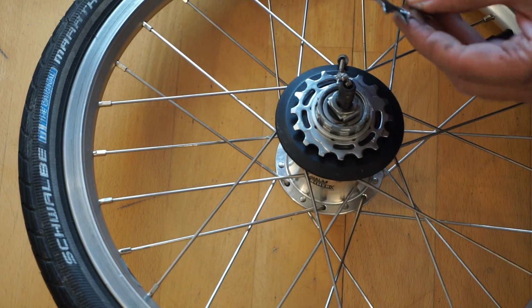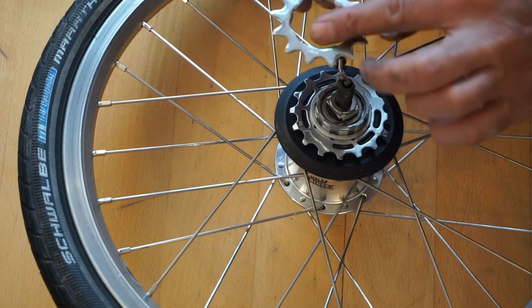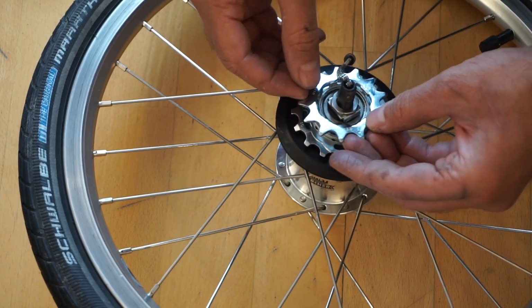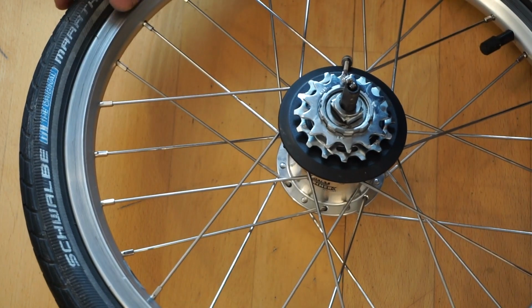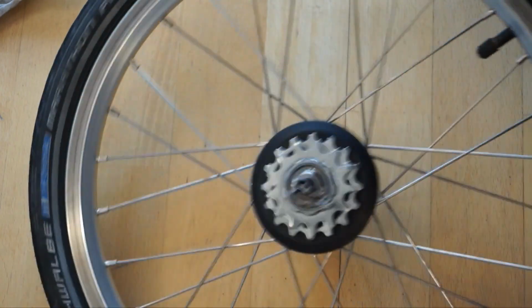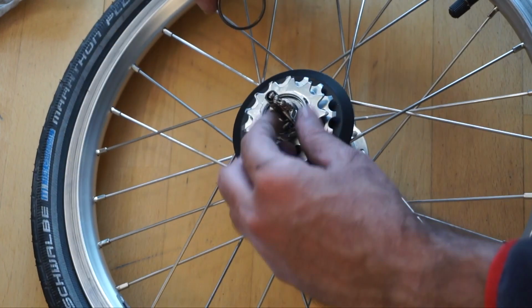faces up. That's the back surface of the 13, and you want the smooth surface facing up. And again, find the right slot for the wider one. That goes in there. So there we go. That's replacing the cassette. That's in, and the last part is to